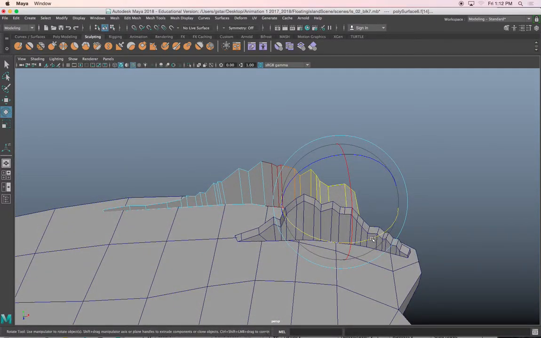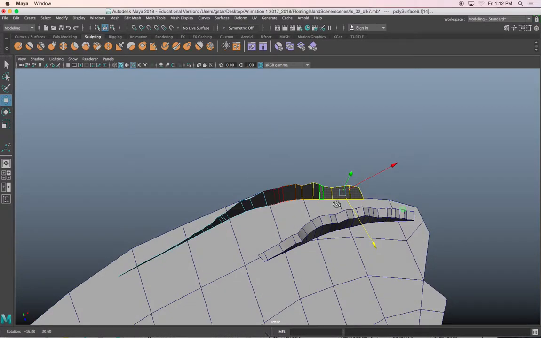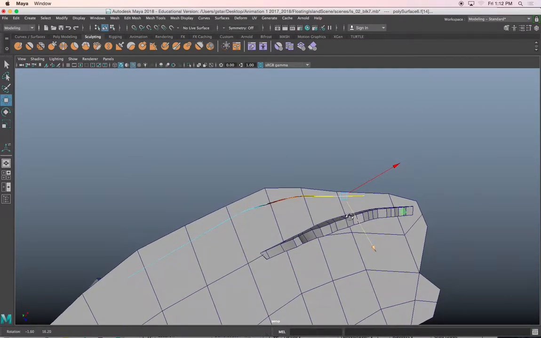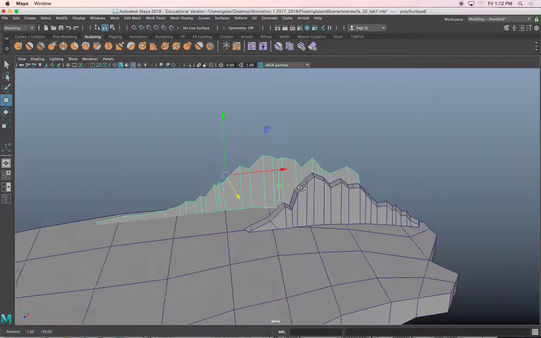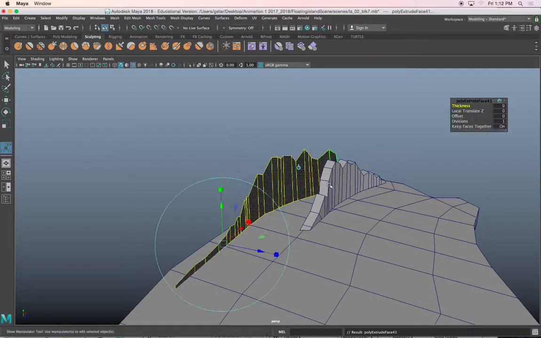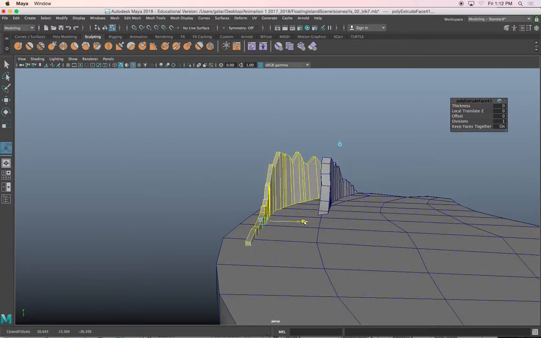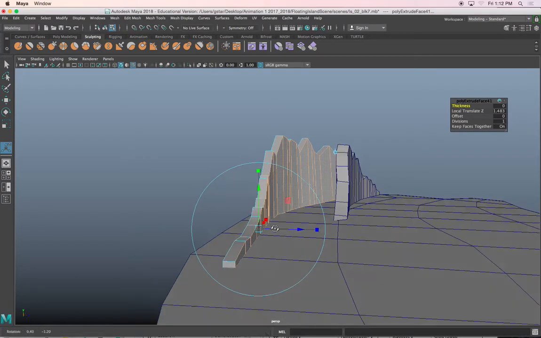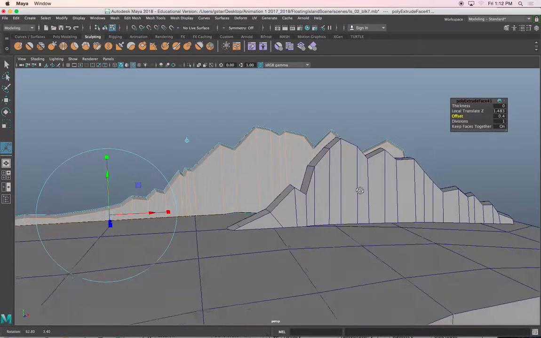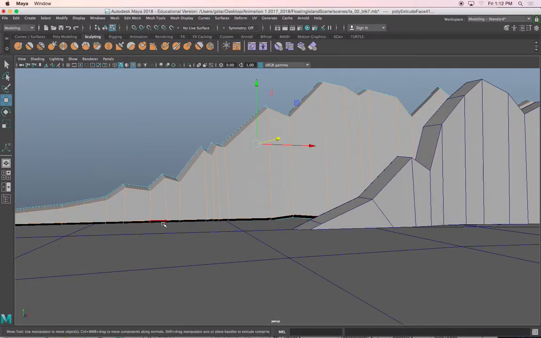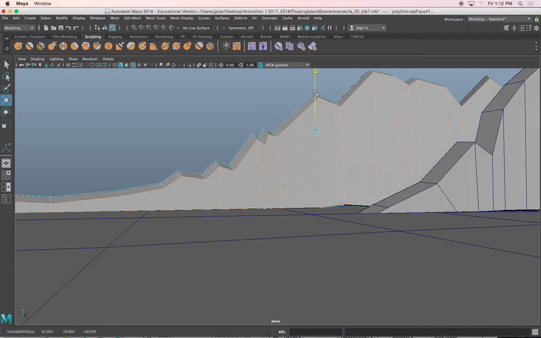E to rotate, press W to move it forward. Voila. Okay. So now that I have this shape, Control E, move it forward, and then I'll change the offset, and I'll make sure that the bottom is touching. Press W to move it down,